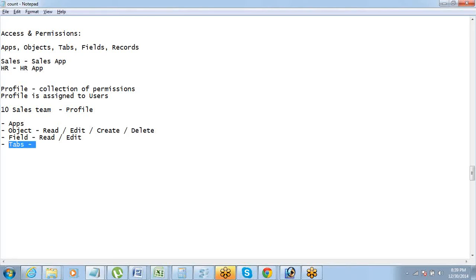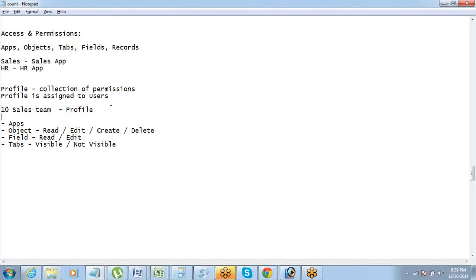So when we are talking about the tabs, again the same permission, whether a user can view the tab, the tab is visible or not visible, basically that is the logic. Visible or not visible to the user, that depends on the profile that he has, right? So profile just consists of these permissions, okay.